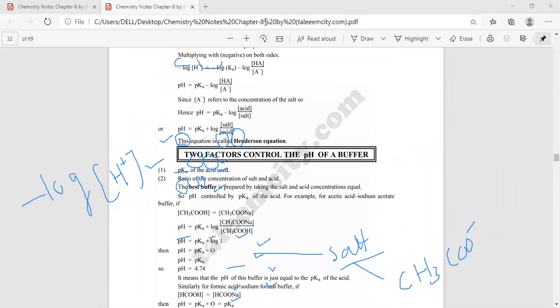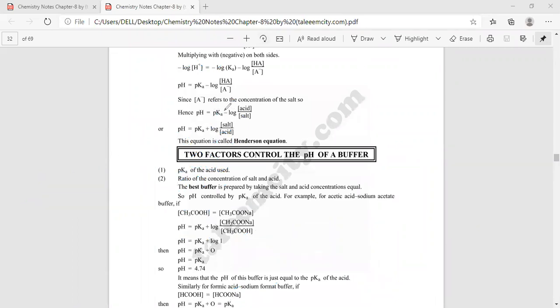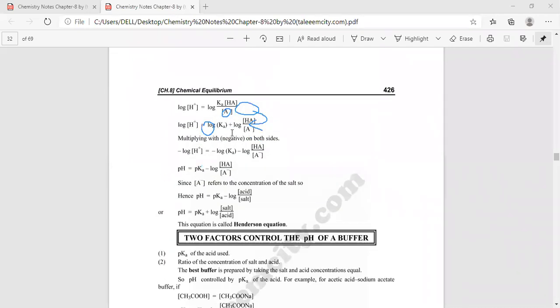If we want to change this negative into a positive, we have to swap the denominator and the numerator. So the salt is in the denominator, it will move towards the numerator, and the acid in the numerator will move towards the denominator. So this sign will change and become positive. One more important thing, if you have discussed log questions in mathematics, you will have an idea about this. When there is a multiplication and we apply the log, the sign will be positive. When there is a log with a division, the sign will be negative.